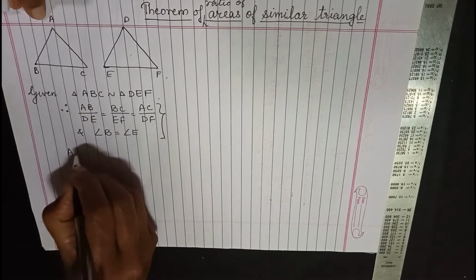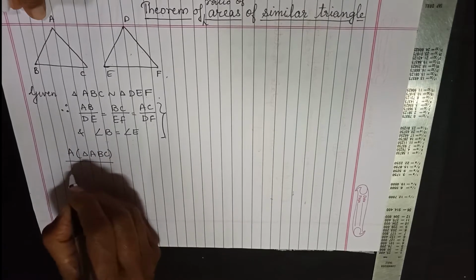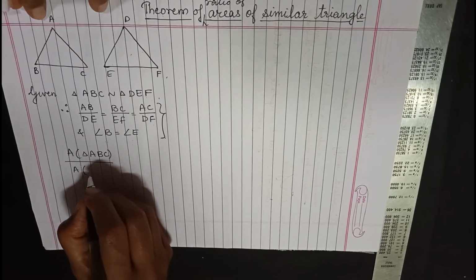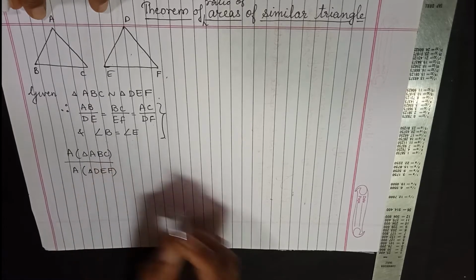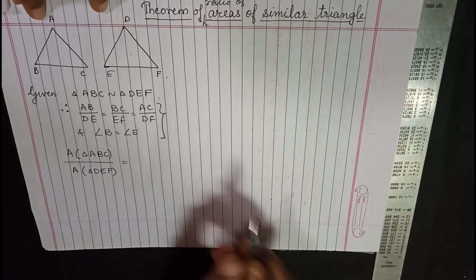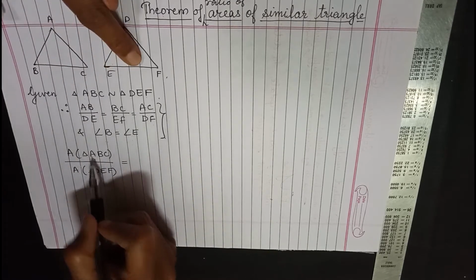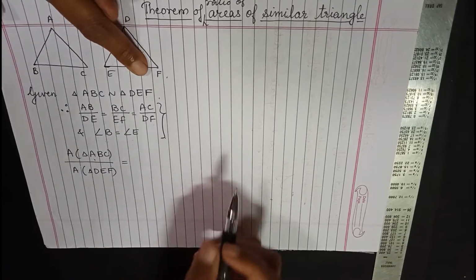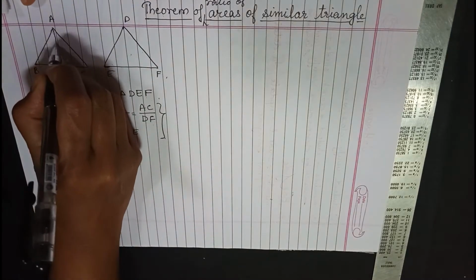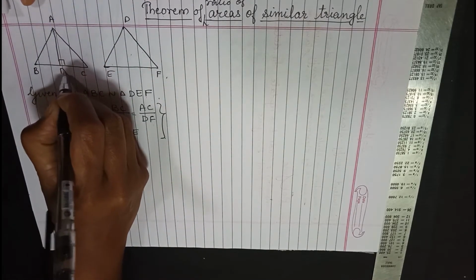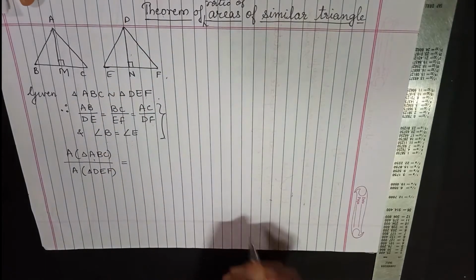Now you know the area of any triangle, the formula is half base into height, or as we had seen in the first property, it is B1H1 upon B2H2. So for this triangle ABC, if BC is the base, for this triangle EF is going to be the base. So now we have the base but we don't have the height. So we do the construction, that is, we construct the height. Let us say AM is the height in the first triangle